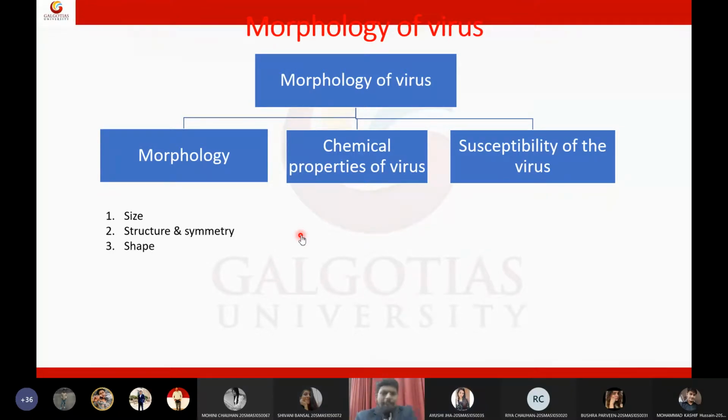And tell me the structure of virus from inside to out. First we have the nucleus, then capsid, made of capsomers, then the lipid membrane or envelope, and peplomers. Very good, students.